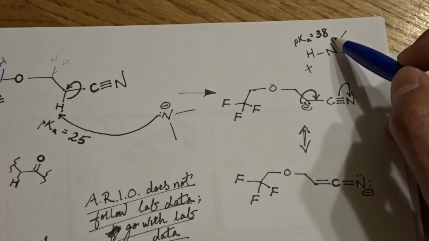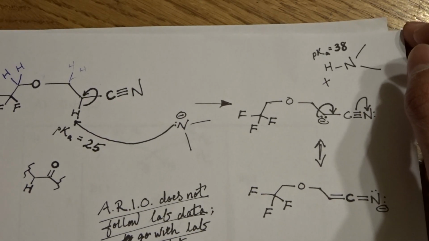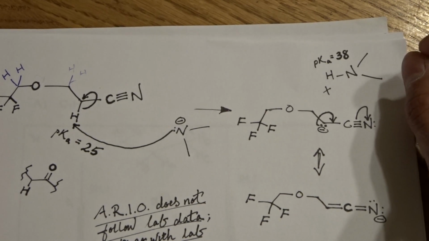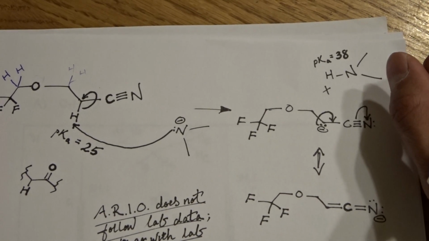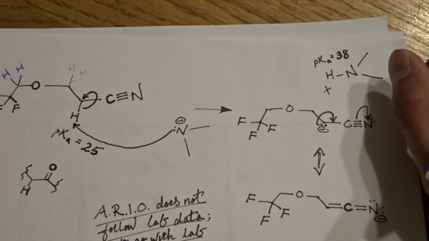And because it is a higher pKa, it is a more stable acid, okay? So it is less acidic, and equilibrium will always lie to the side with the less acidic molecules, okay? Because it is more stable. It is a more stable acid. Now,